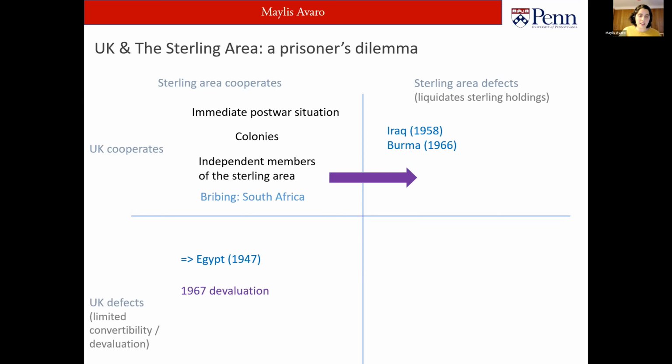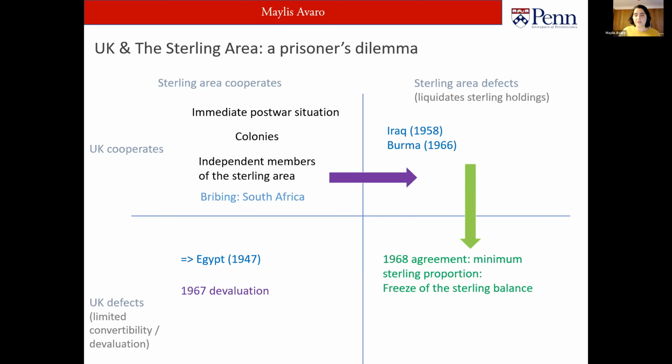But then in '67, the UK devalued, and that created a huge blow because it was a 14% devaluation. And so there was a massive move to sell sterling, with sterling area members transferring their reserves from sterling to dollars. To prevent this massive transfer, which would have created maybe a second devaluation of sterling in the early months of '68,